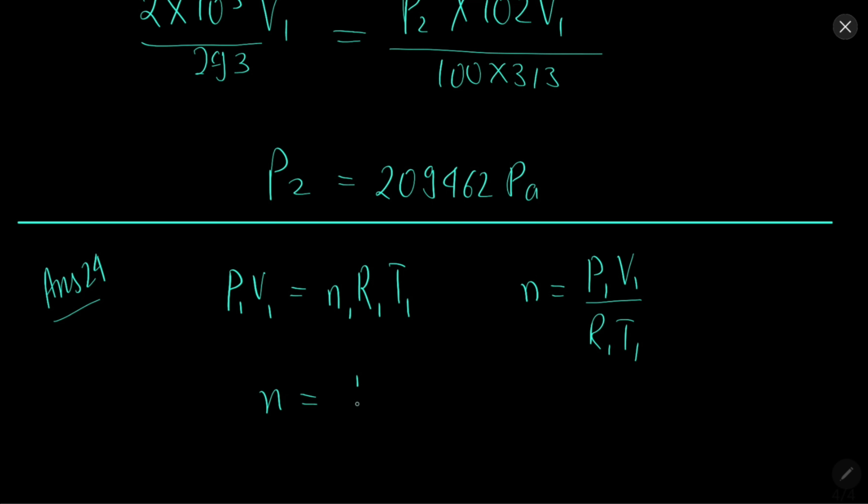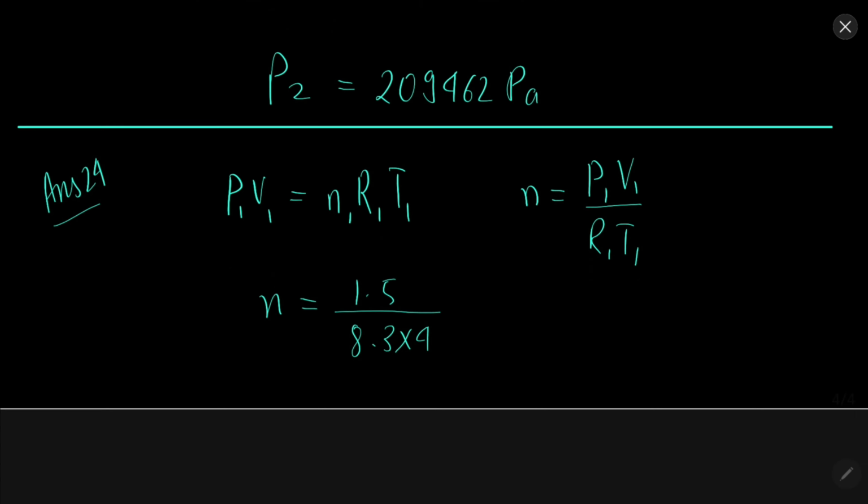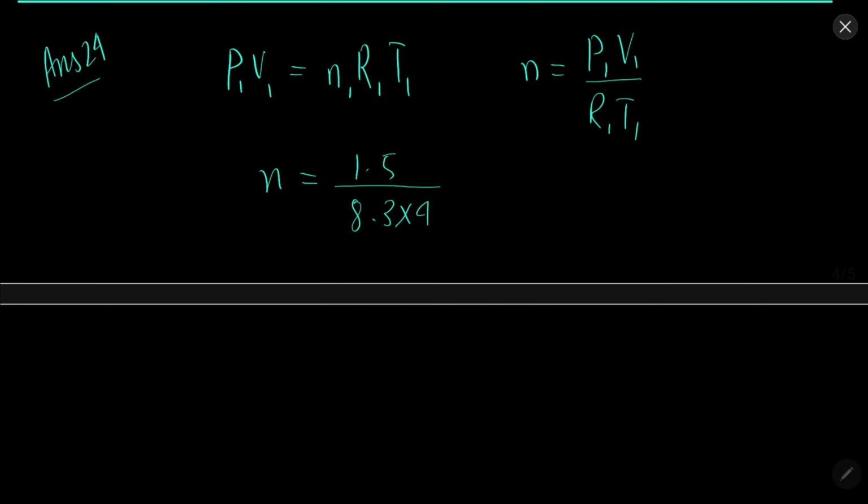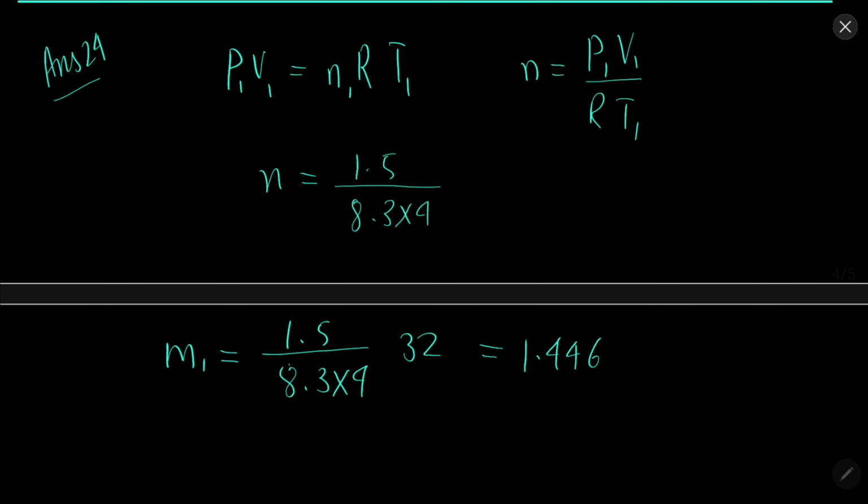It will come out to be 1.5 over 8.3 into 4. Now after this M1 will be N into M, that is 1.5 over 8.3 into 4 into M, which is 32, which will give us 1.446